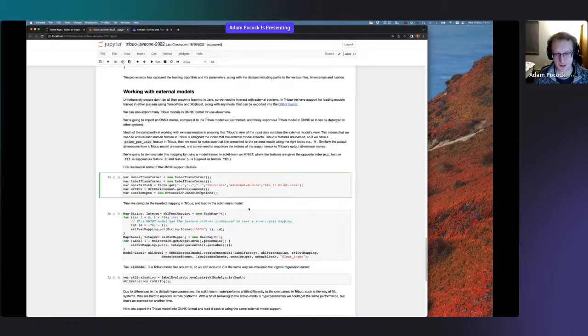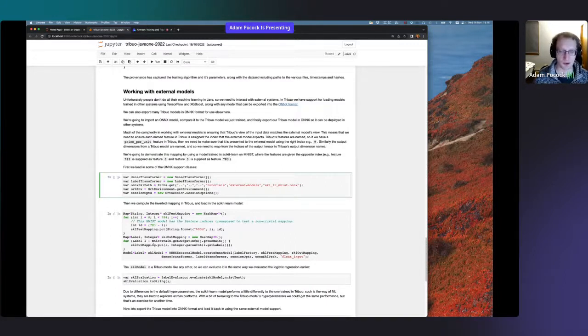Because this is from one of our tutorial models, we're talking about how we do that mapping. Normally, in a lot of cases, the mapping might be quite straightforward. If your columns are numbered from 0 to some number, then Tribuo is just going to use those as the feature names and emit them directly. So in the case of MNIST, it would be reasonable to have feature names 0 to 783 representing the pixel values.